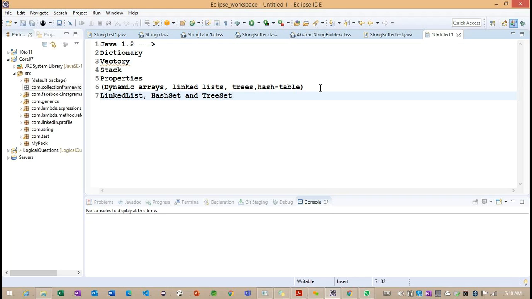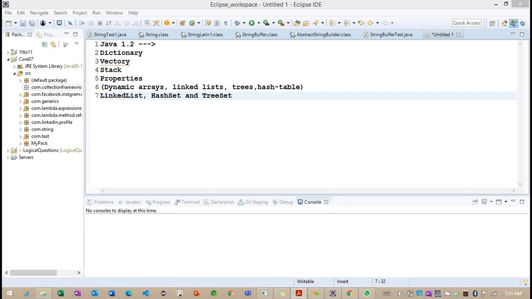Along with that, the collection framework has another important feature called iteration. Using the iteration concept, we iterate over objects one by one. We'll focus on the iterator concepts we have: Iterator is one interface, ListIterator is another interface, and in 1.8 one more iterator was added, Spliterator. We'll discuss this, and later we'll go to enumerations.